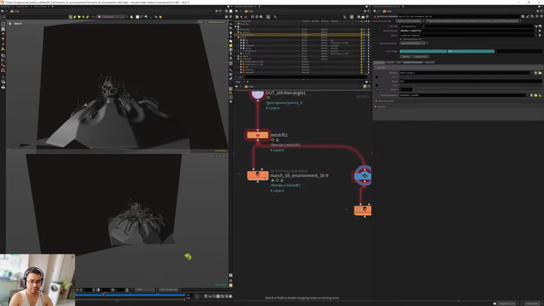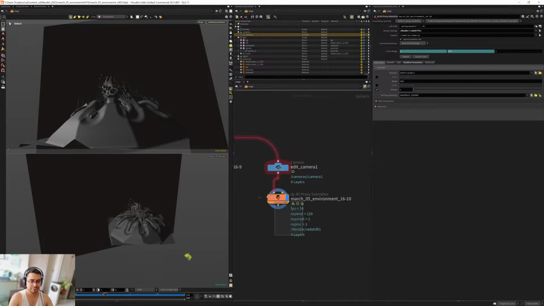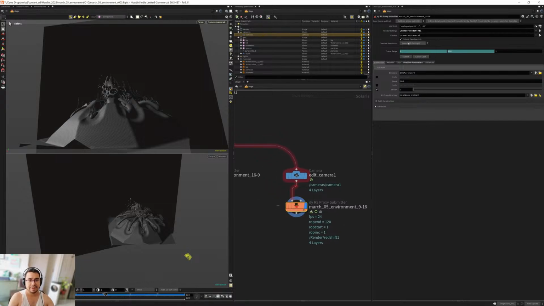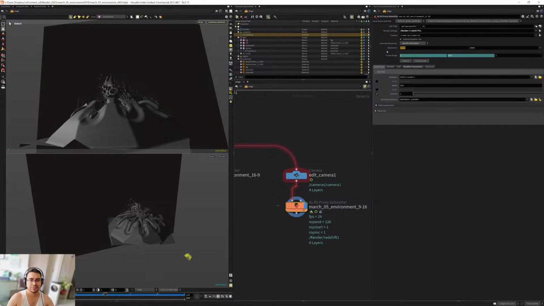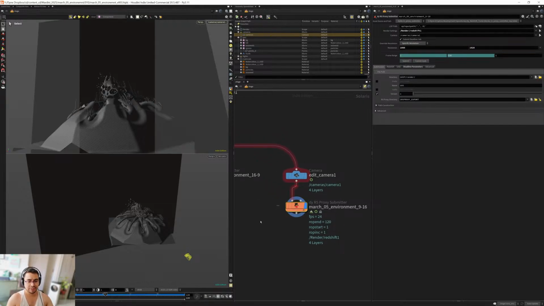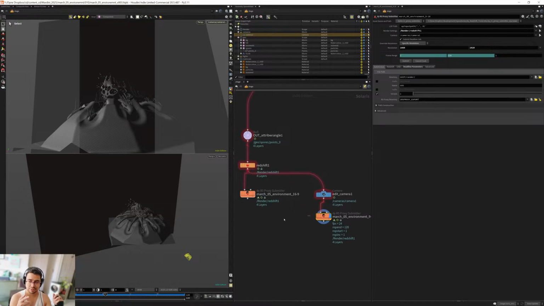So this is ready. I can move it, can duplicate the node, and here I can change the resolution directly on the submeter node without needing to create another Redshift render settings, because this means that both renders will use the same render settings, but I'm just changing the resolution of the